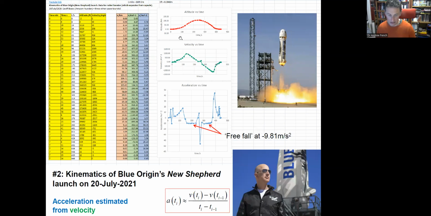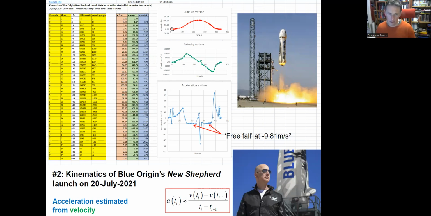This is an Excel sheet screenshot of how far up he's gone. So X is the altitude in kilometers, the velocity in meters per second that's going up, and the acceleration that's going up. And if you plot that, you see some rather interesting things. So this is pure Excel. You could do this in a computer program, but obviously you need to get the data in the first place. I think this data should be available if you click on the download links.